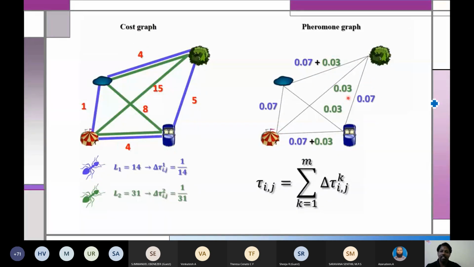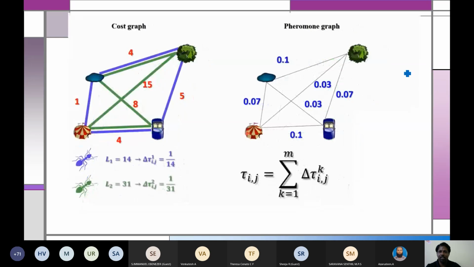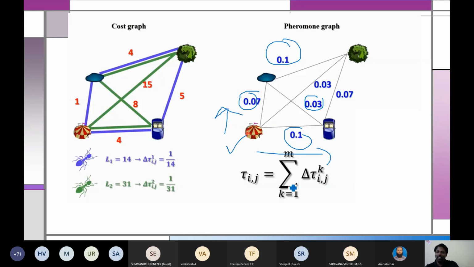Okay, this path has 0.1, and this path has 0.1, and this path is 0.07, like this. Now by seeing the graph, you can understand, right? If I start from the source, I have this path and I have this path. By seeing the graph, you can understand that obviously we'll take this path because the pheromone content is more here, and this path is 0.7. So you can see the shortest path is this one. Simple, you can understand that. Okay, but let it be.